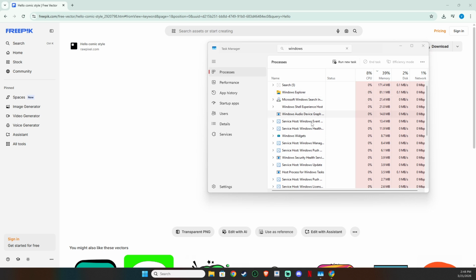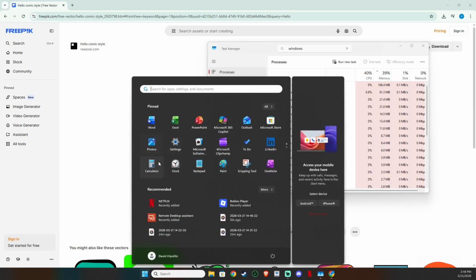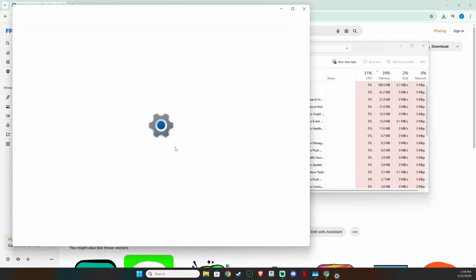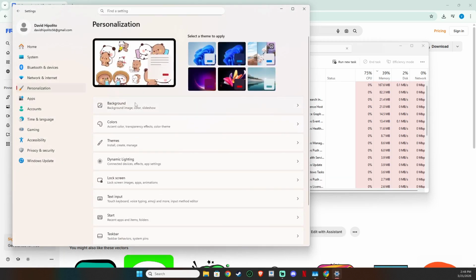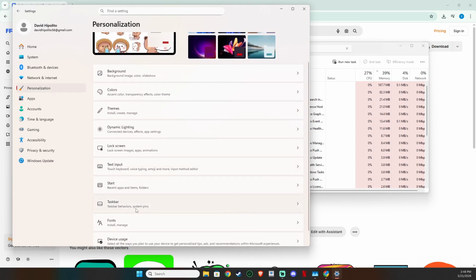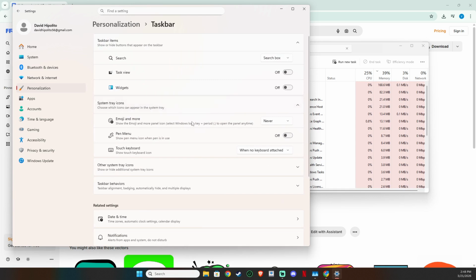Next, let's confirm that the right icons are allowed to appear on the taskbar. Click the Start button, then click Settings. In the Settings window, select Personalization and then choose Taskbar. This area controls what shows up directly on your taskbar and which icons appear in the system tray, the small area near the clock. Look through the available options and turn on the toggles for the icons you want to